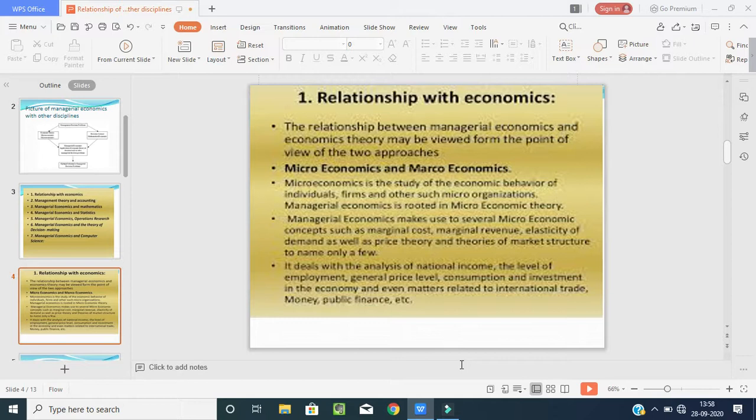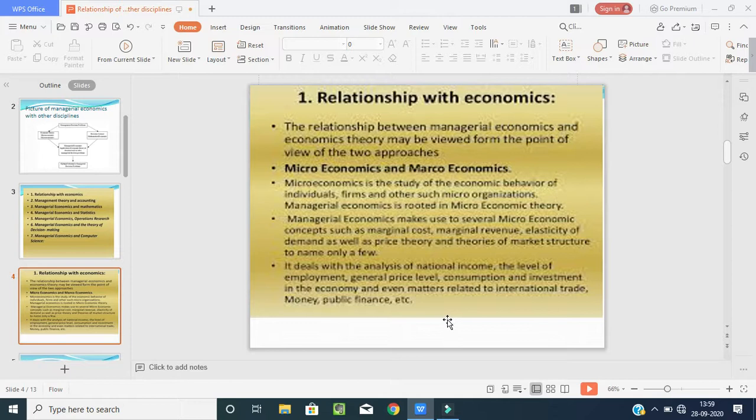Now consumption and investment in the economy. Who are the consumers and what is the investment level by the public in the country? And even matters related to international trade, that means import and export from country to country. It talks about money and public finance, etc. That means money is nothing but the custom taxes, the per capita income, and the currency rate. For example, Indian 1 rupee is equal to about 35 rupees for Vietnam, nearly 200 rupees in Vietnam, whereas one Kuwaiti dinar is equal to 240 rupees of